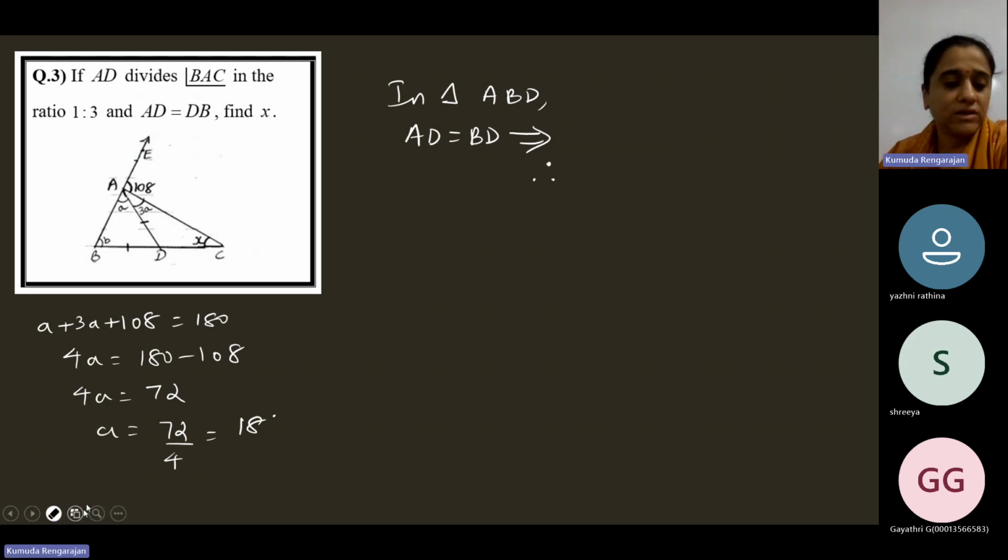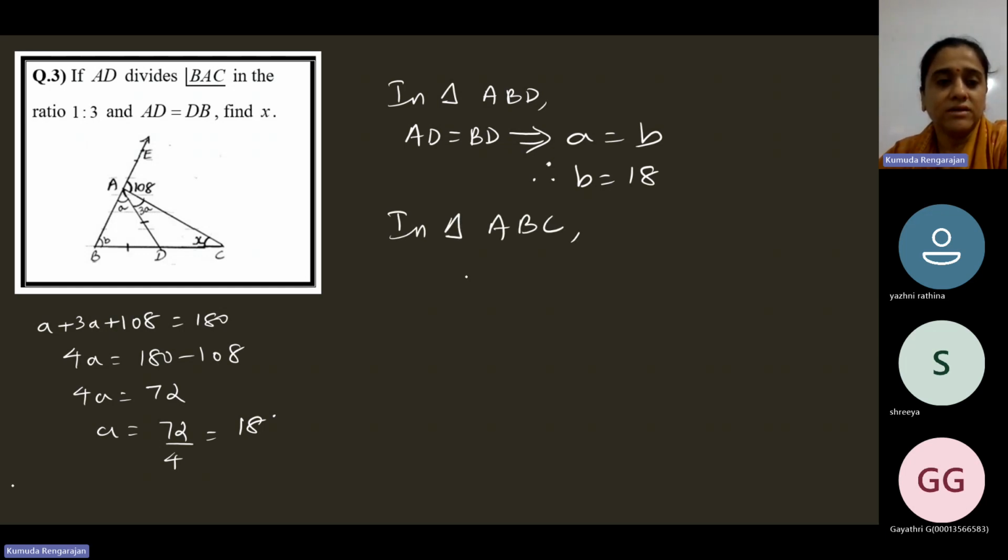You don't have to use the angle symbol. You can just write A is equal to B. A is equal to B. Therefore, B is equal to 18. Correct? Now, in triangle ABC,